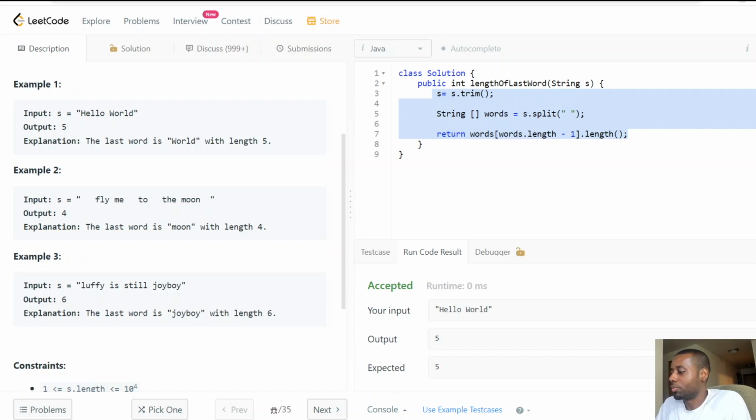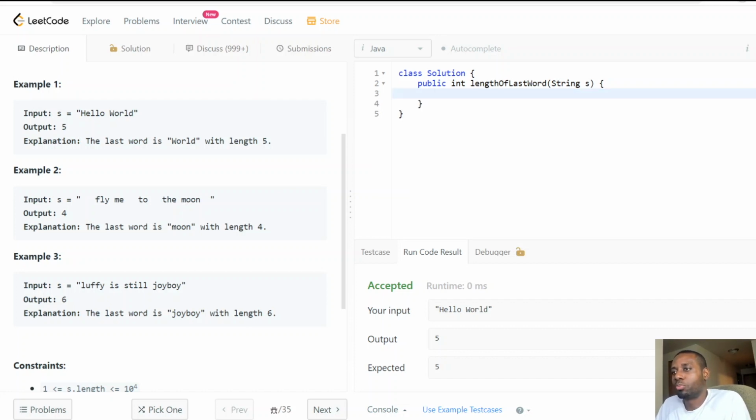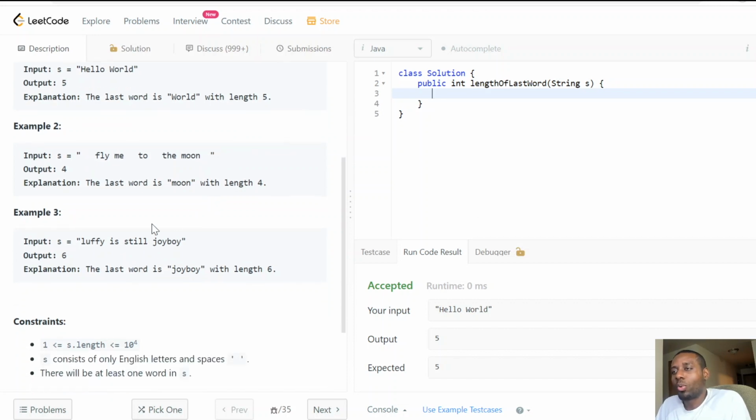Okay. So maybe we could use a pointer or something to help us iterate through the string. So the other way that I could do it is to find a way to know the last word, and once I get to the last word, I could just count the last word. I don't need to worry about the other words, I just need to find the last word. Maybe we could loop through starting from the end. But there's a space here. To account for that, maybe we have